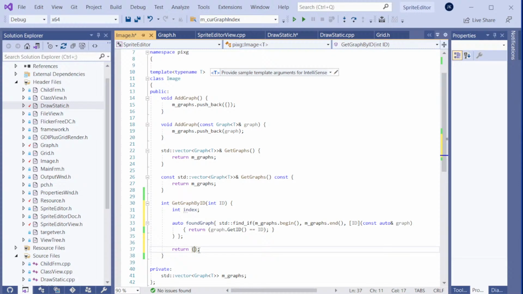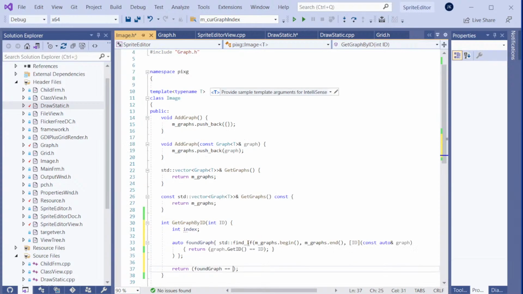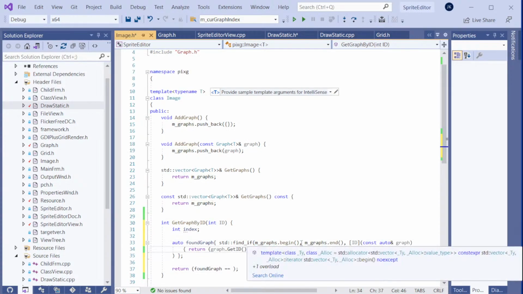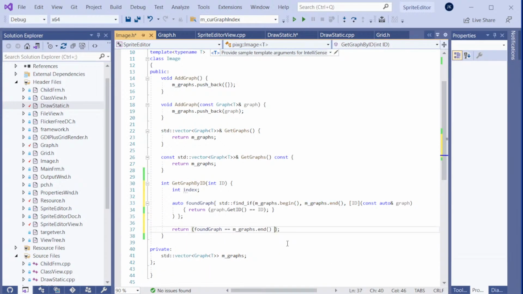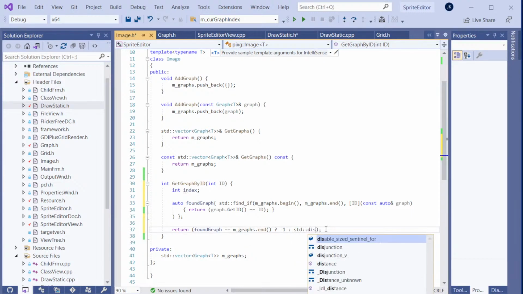Then we need to return. If the found graph is equal to end, that means that we did not find it. So if we did not find it, then I'm gonna return, well, at the moment I'm just gonna return -1. Otherwise I'm gonna return the index, which will be std distance